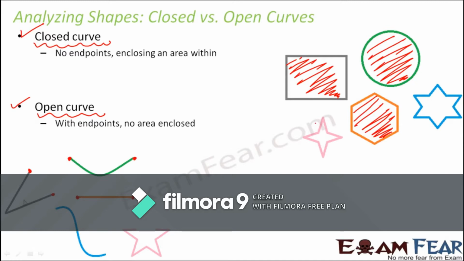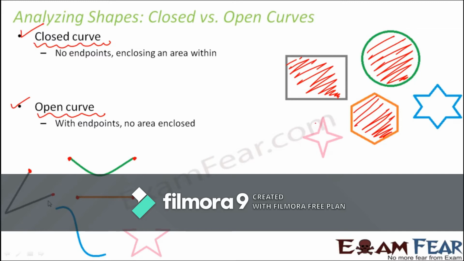Similarly, you look at this angle. Is this an area enclosed? No, because it is open from here, right? So anybody can come, anybody can go. So it is not completely enclosed. Now to enclose this area, there should have been another line segment here. And the moment we draw another line here, it becomes a closed curve. So it doesn't remain an open curve anymore. So this is how we can distinguish between the closed curves and the open curves.